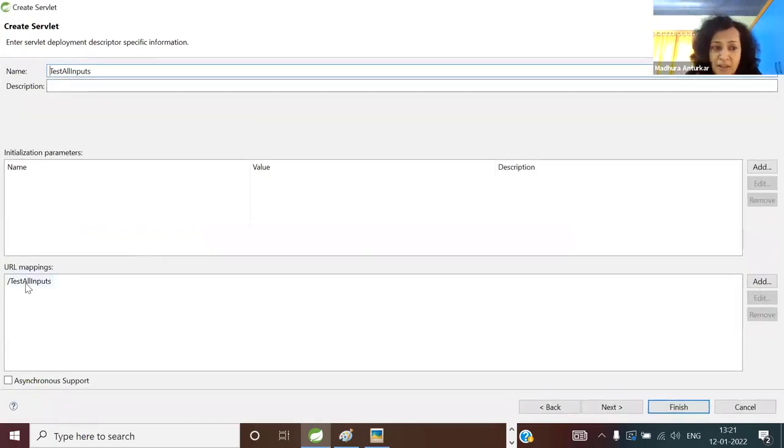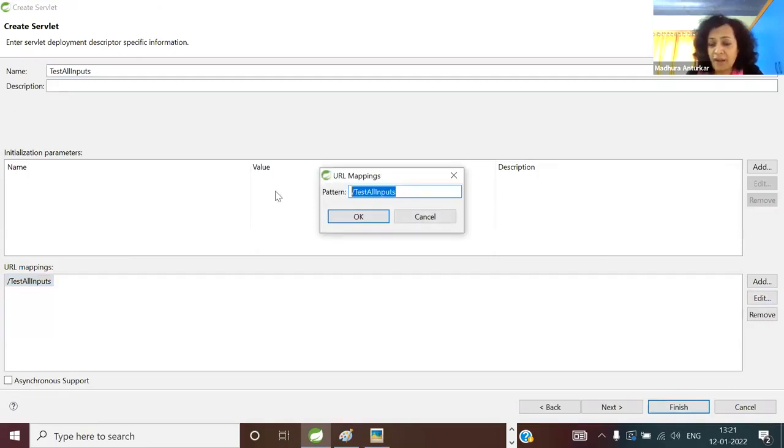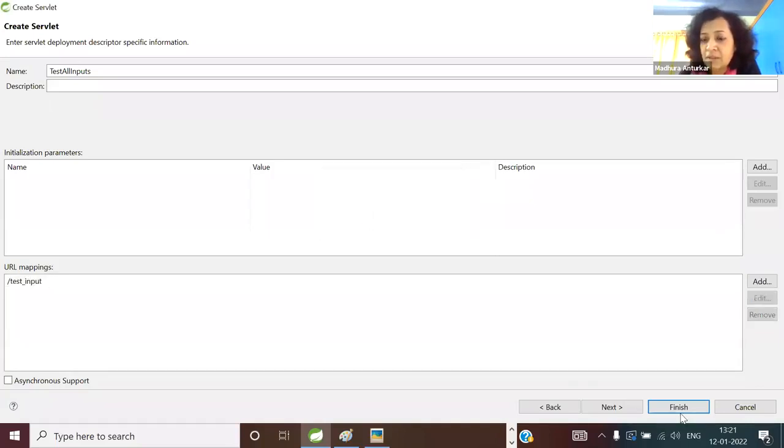What is it you are going to edit? URL mapping, nothing but a URL pattern. Tell me, what should be the value of the URL pattern? Does it have to match with anything or any arbitrary one? Of course, it has to match. Which one? Whatever is the form action. Earlier, it was the href of a link. So now, whatever is the form action, you do it here. That is why I asked you to copy it. Just prefix it with a slash because otherwise it will be an invalid URL pattern. Added slash test underscore input. Okay, and then you say